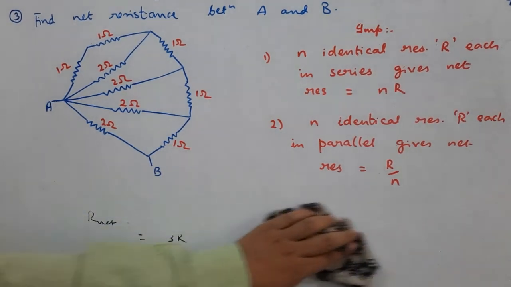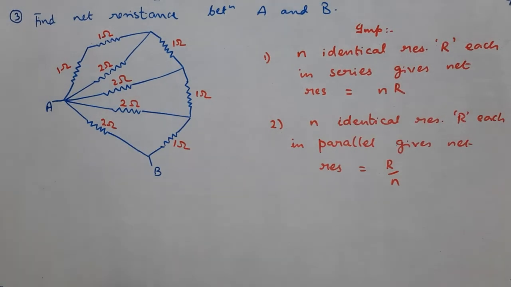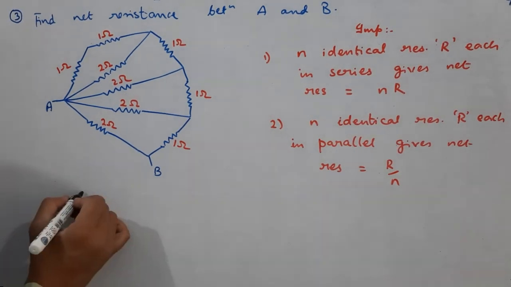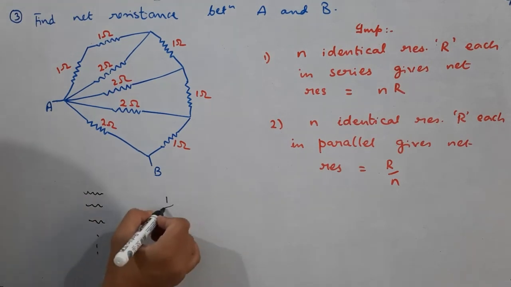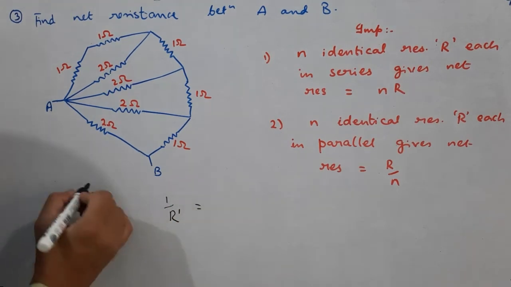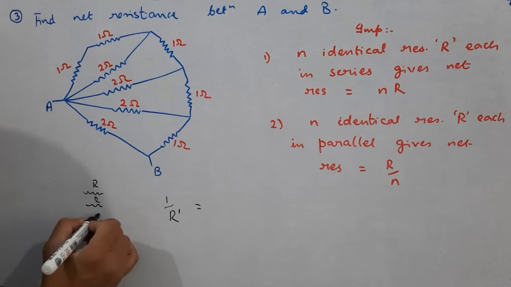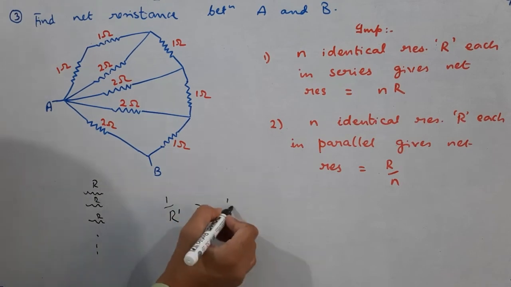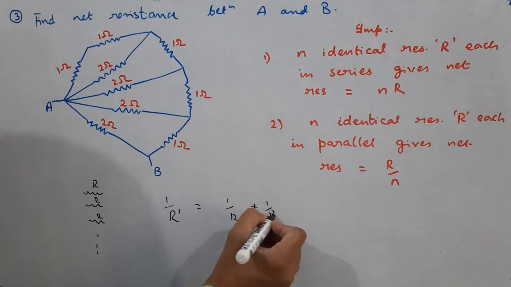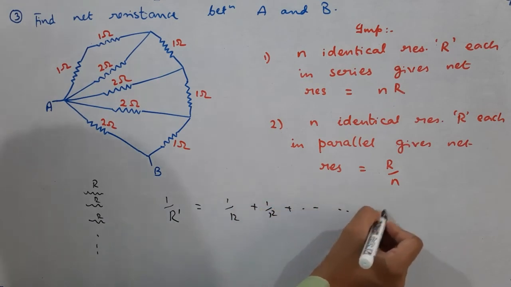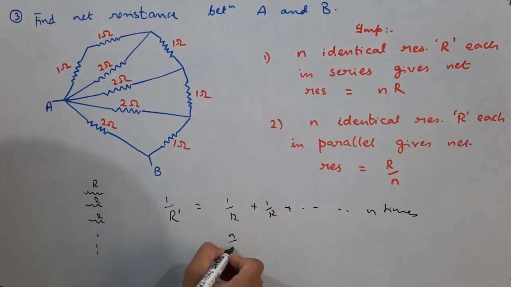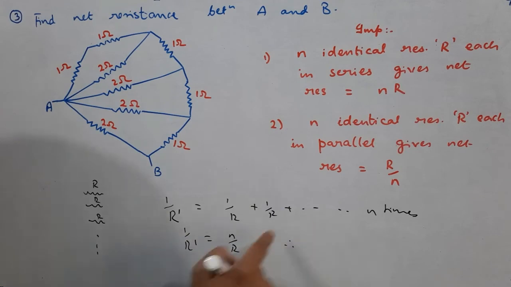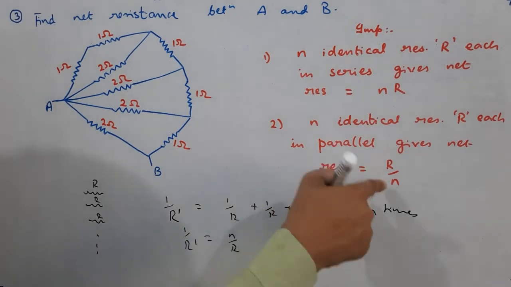Likewise, the second statement which you see is regarding parallel combination. Easily you can identify that if we have n resistors in parallel, then the net resistance 1 by R dash will be, and each one of them has the same value R, R, R and so on. So 1 by R dash is 1 by R plus 1 by R plus 1 by R. How many times? N times. If you add the same quantity n times, it becomes n by R. So 1 by R dash is this much. Therefore, R dash will become how much? R upon n.